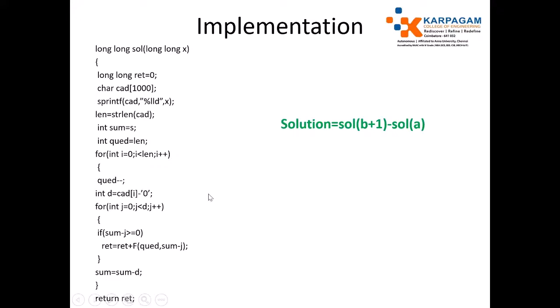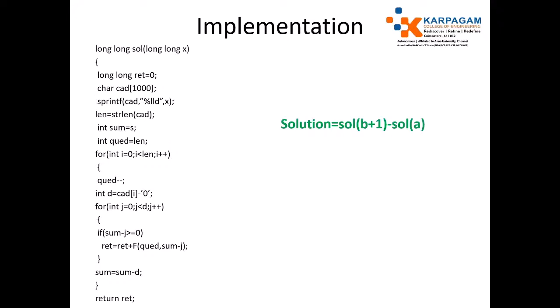So, practice well. There are other problems related to this problem. It is finding the count of numbers whose sum of digits is prime.